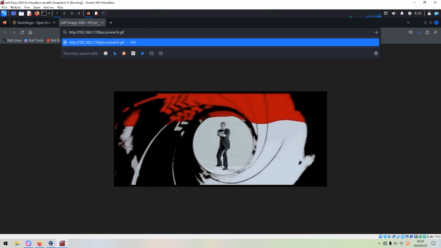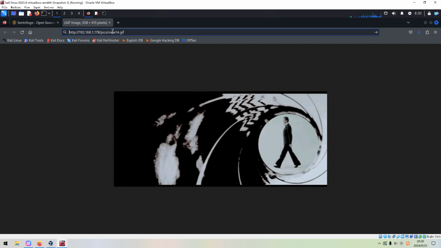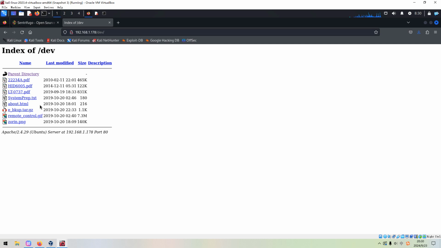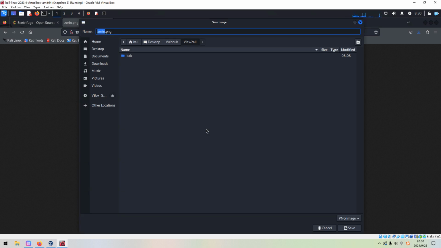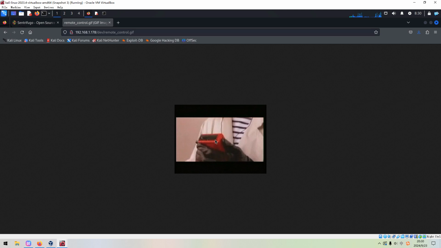So next, I think we can try to access the next directory in the robots file. Okay. Press enter, and we got something. There's some PDF documents about backup. So I think we need to download all of them to the Kali Linux. Okay, we can save, and also the GIF.